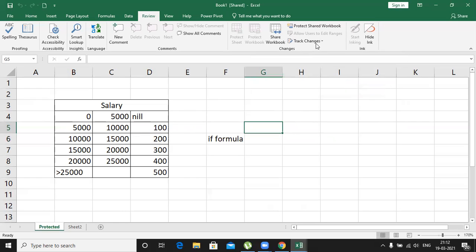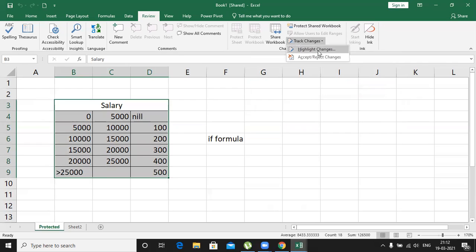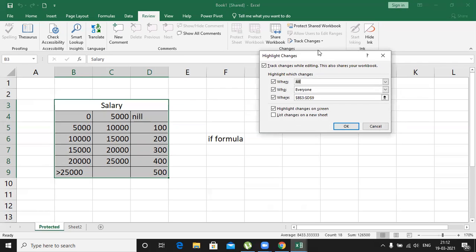Then how do I achieve that? Select your data area, go to track changes, highlight changes, and apply this. If I want to apply it for all, then remove this area and click on the entire worksheet, A1 to the entire area, 10,48,576 rows and columns.